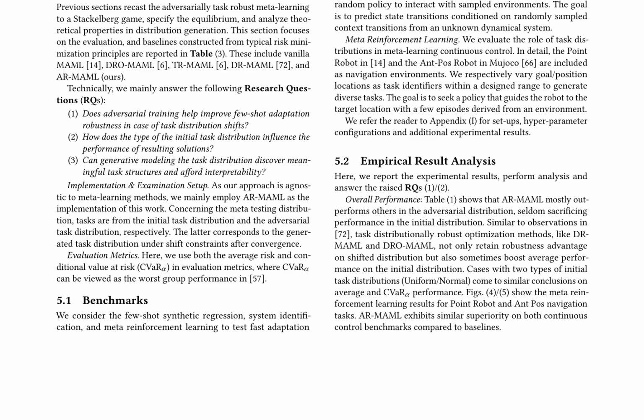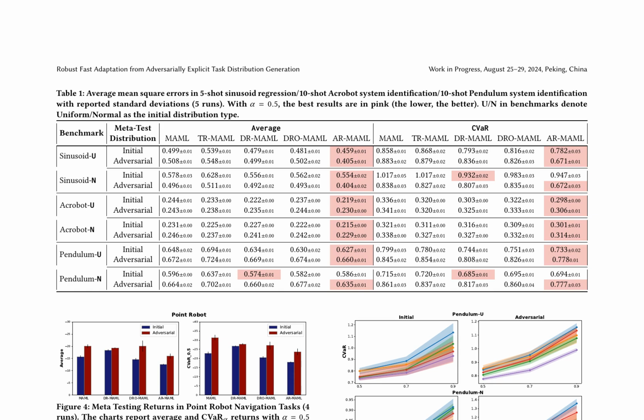The superiority is particularly evident in meta-reinforcement learning benchmarks, such as the point robot and ant-pos navigation tasks. The analysis highlights the effectiveness of the proposed method in improving few-shot adaptation robustness and its ability to discover meaningful task structures. The authors present a comprehensive evaluation of various meta-learning algorithms, including MAML, TRMAML, DRMAML, DROMAML, and ARMAML, on